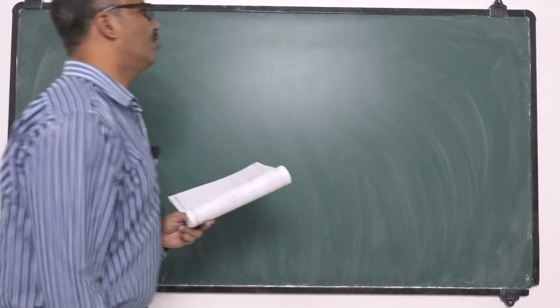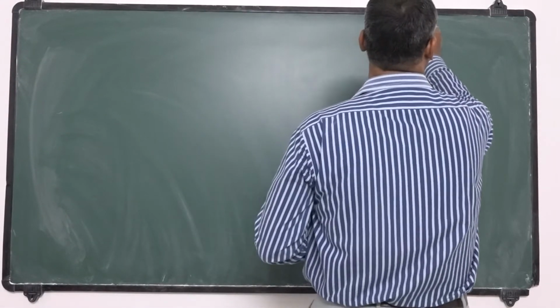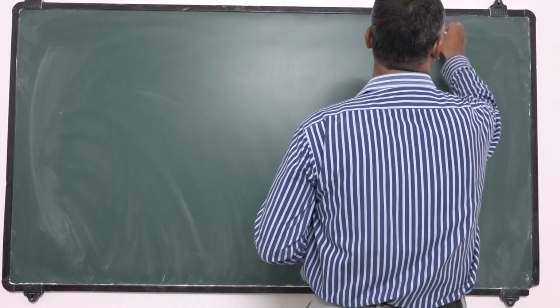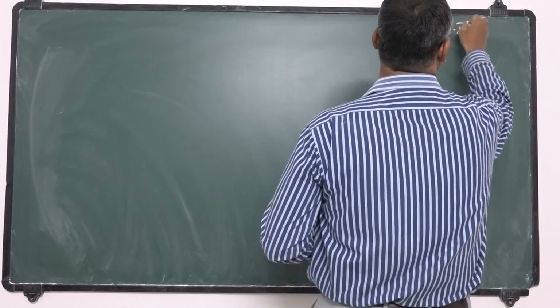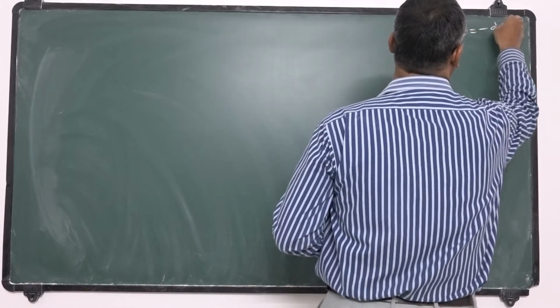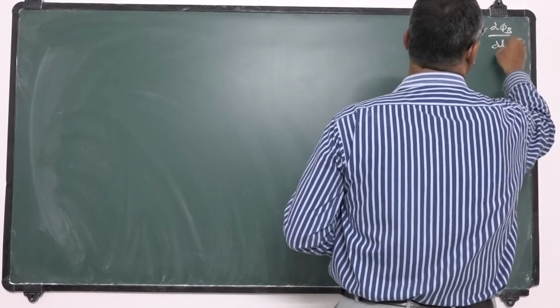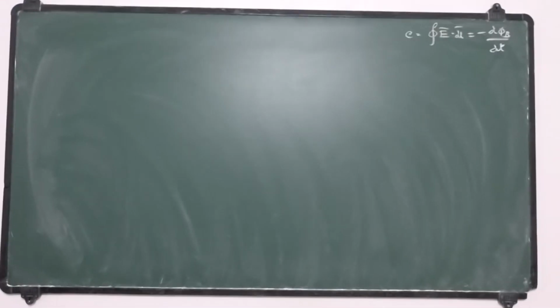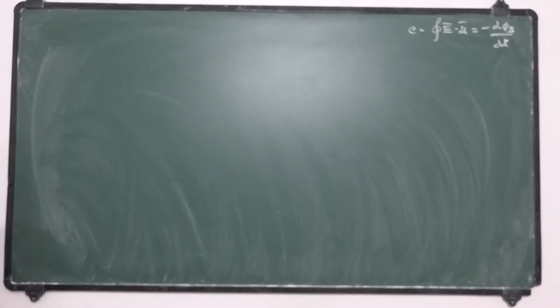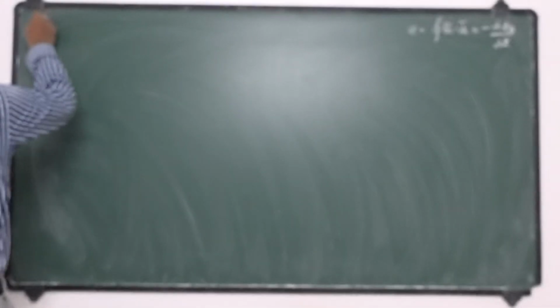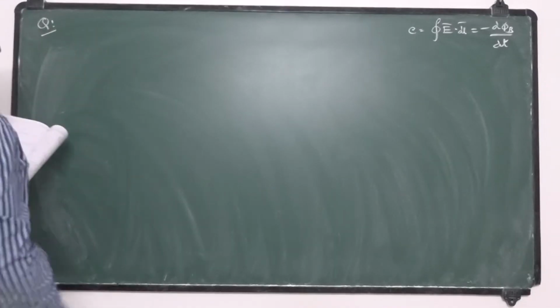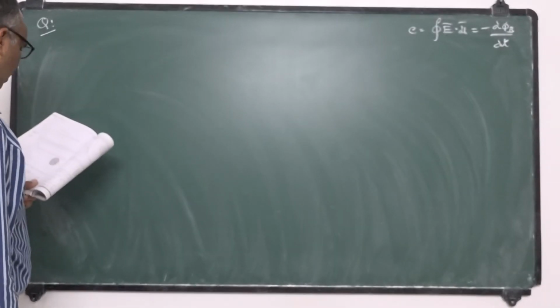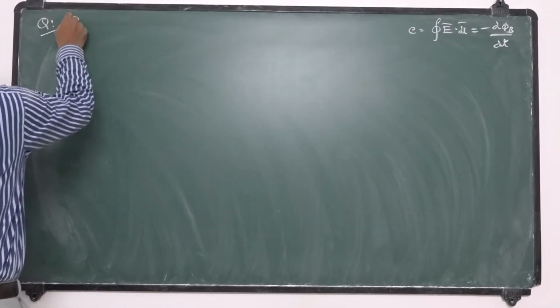Just now we learned the formula: induced EMF is equal to closed integral E bar dot dl bar, which is equal to minus d phi B by dt. Based on this, we will solve the problem. Here the problem question is like this. There exists a uniform magnetic field